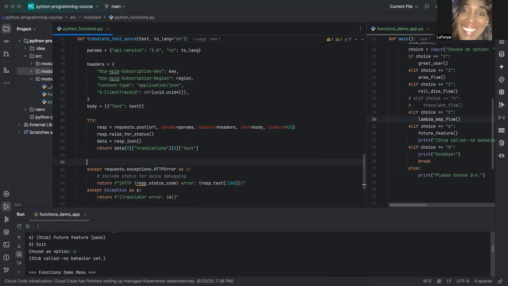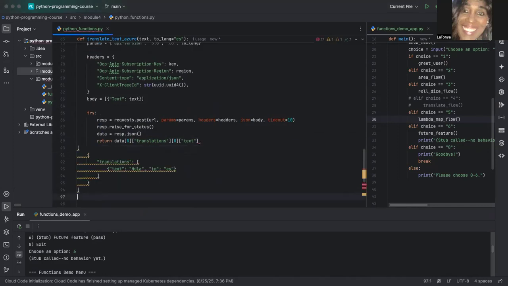Sometimes seeing the actual full visual a different way makes a difference, then I'll remove it. So essentially, we have a list inside of a list. Then we have a dictionary that requires that first we're extracting the translation, and inside of that, we have a list and another dictionary, and we're getting the text and hola, and we want to